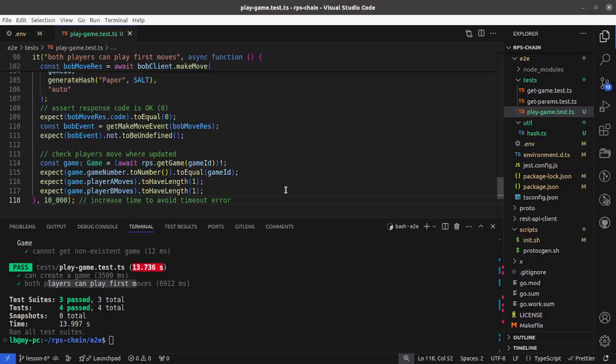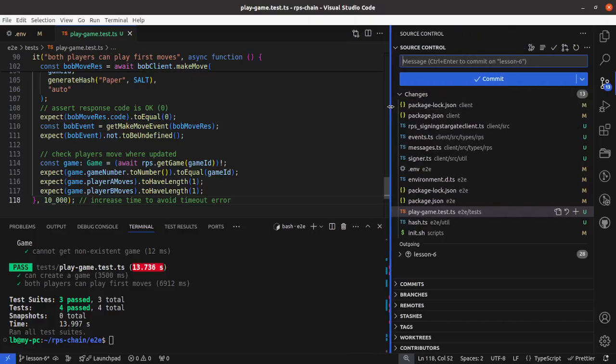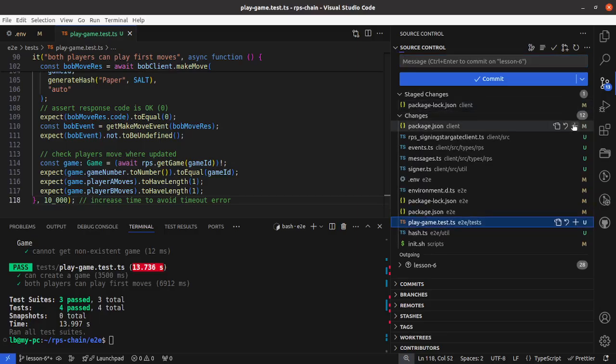I'm going to push these changes to our lesson 6 branch. So let's add all these changes. Actually, let's separate them into the changes that we did in the client and in the tests. So we're including this for the client. I will say add transaction logic to client,